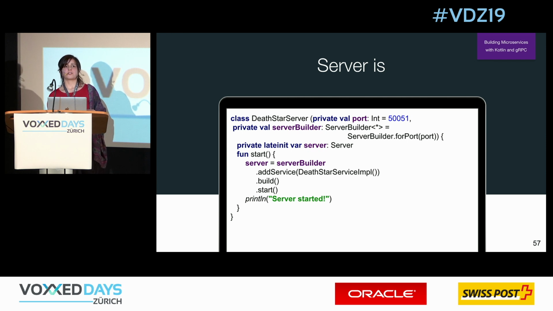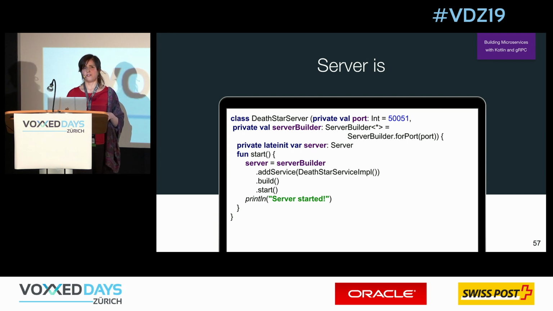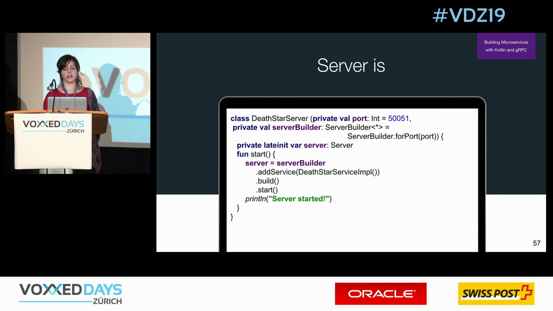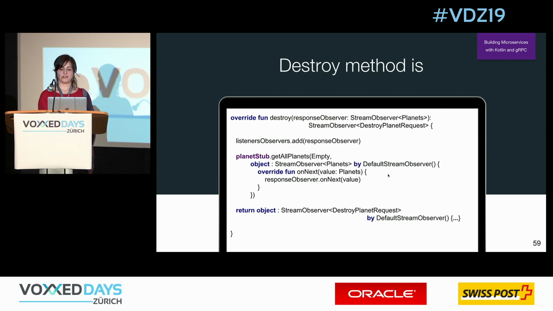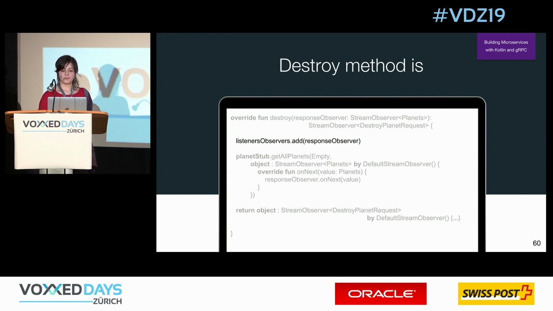And then we do some coding and we write the server. Actually, I won't return to it anymore because it's trivial stuff, how to write a service. We just need to understand that in this line we add our implementation to the service, and here is a port where our service is available. Then we code again, and we actually implement the destroy method. It's like the key of our talk.